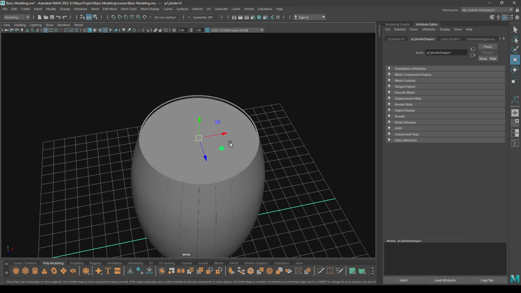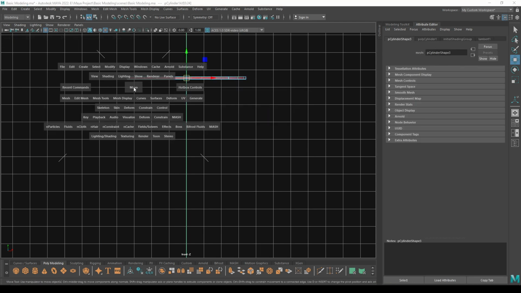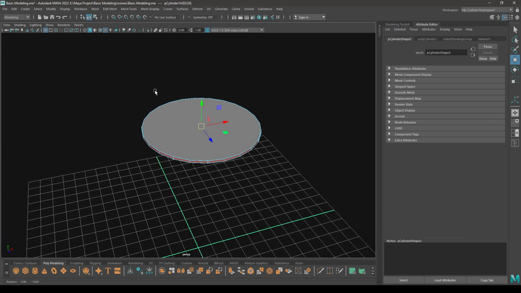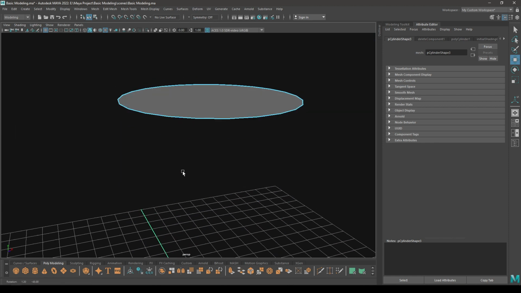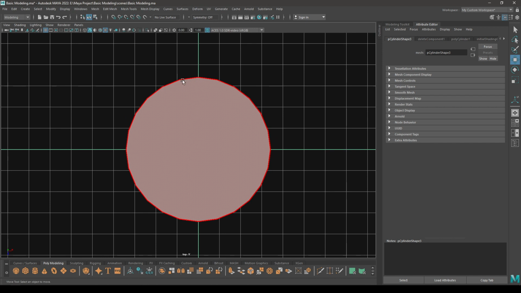Now select this and isolate it. Go to front view and face mode, select all these faces and delete. Now we have this plane here, so we are going to go in the top view and connect all these vertices. So go to vertex mode and select these 2 vertices.